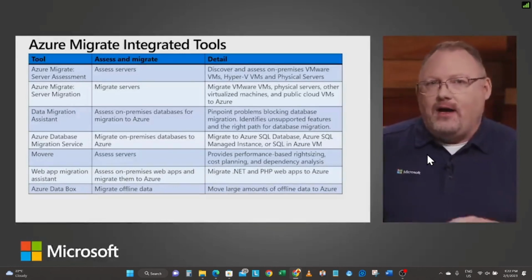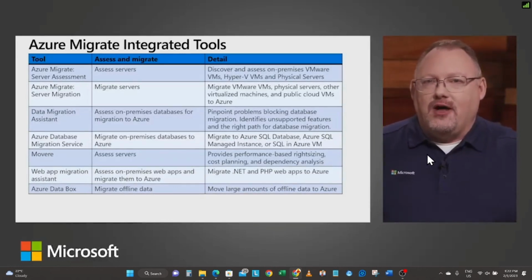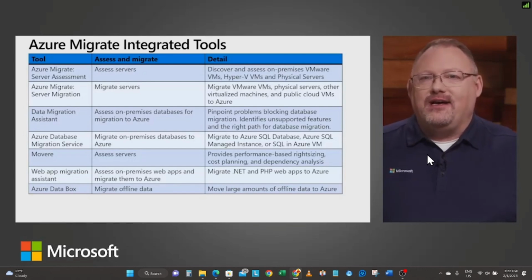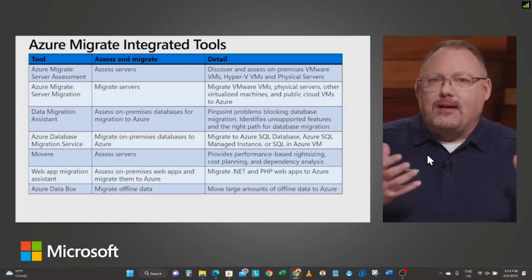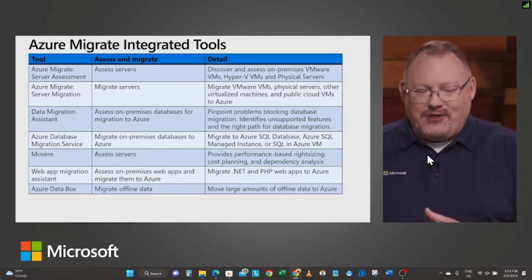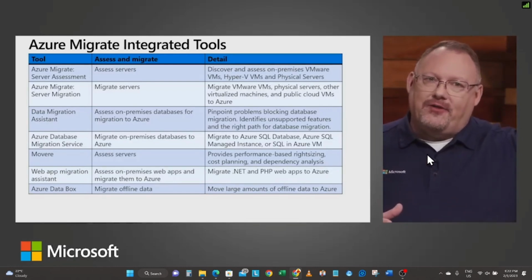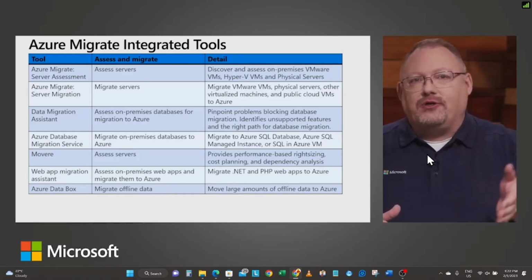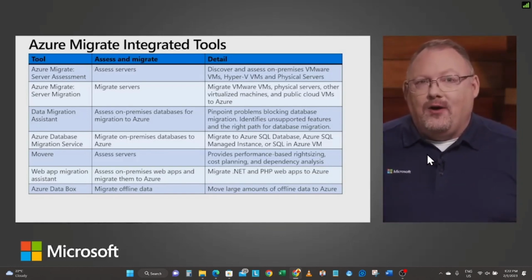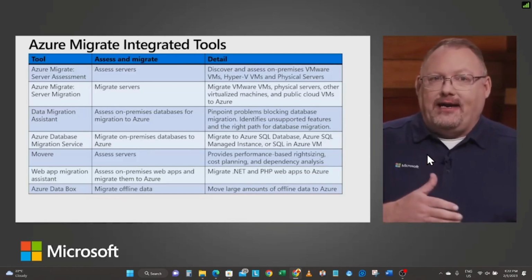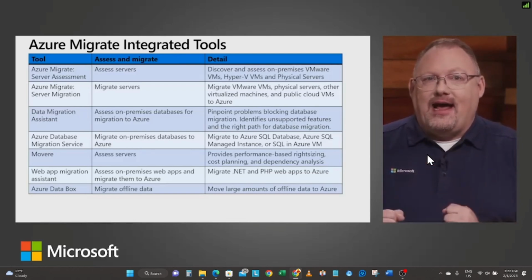Oh, and by the way, you can move this from other cloud servers. You can move these from other cloud services like AWS or GCP. You can migrate these tools into Azure. So if you need to move something from your other cloud platform into Azure, these same tools are kind of server agnostic. They don't really care where they are. They just care how they're going to get them to where they need to be inside of Azure.